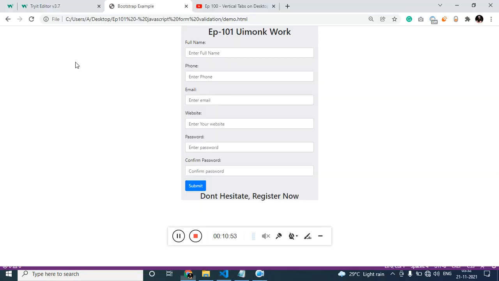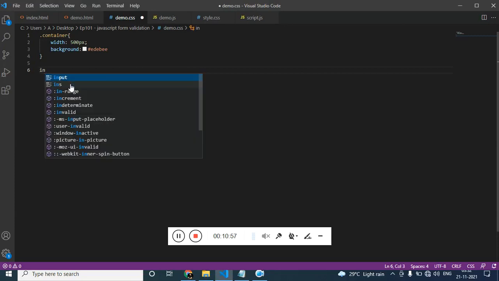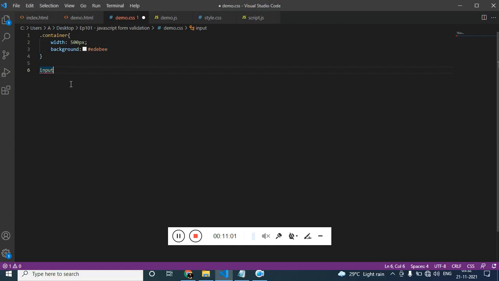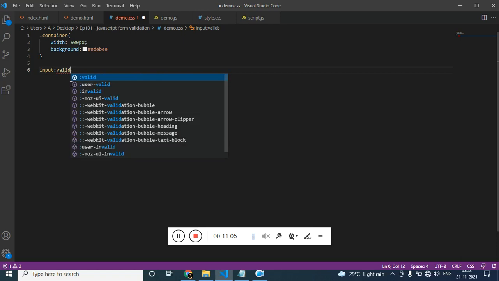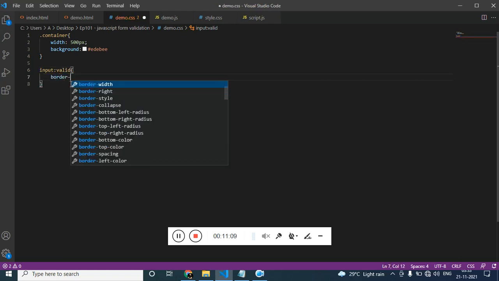And for the valid input field, let's add the border color.